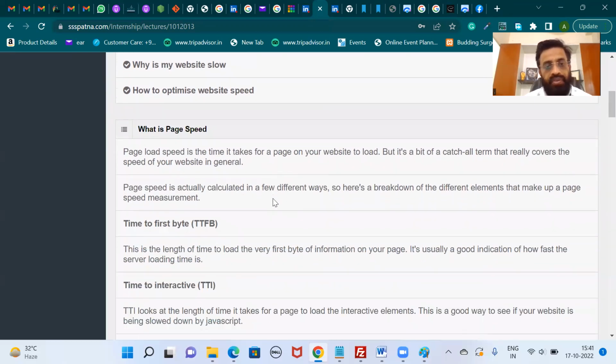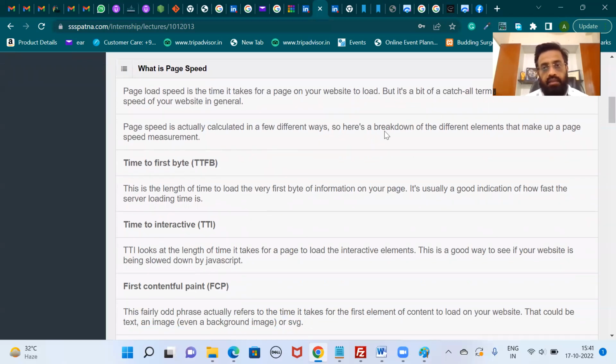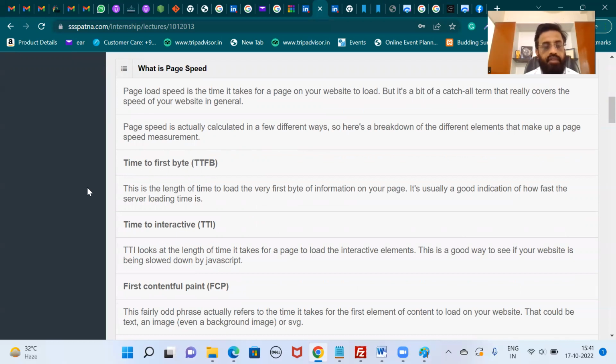So coming to the technical definition of website speed. The page load speed is the time it takes for a page on your website to load, but it is